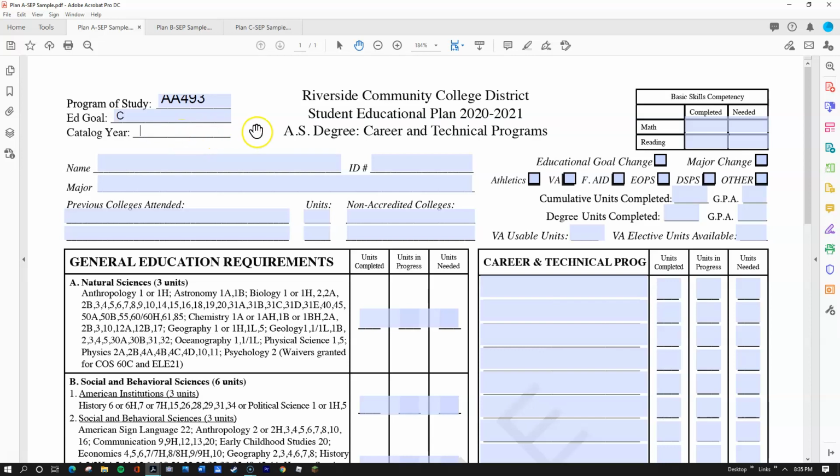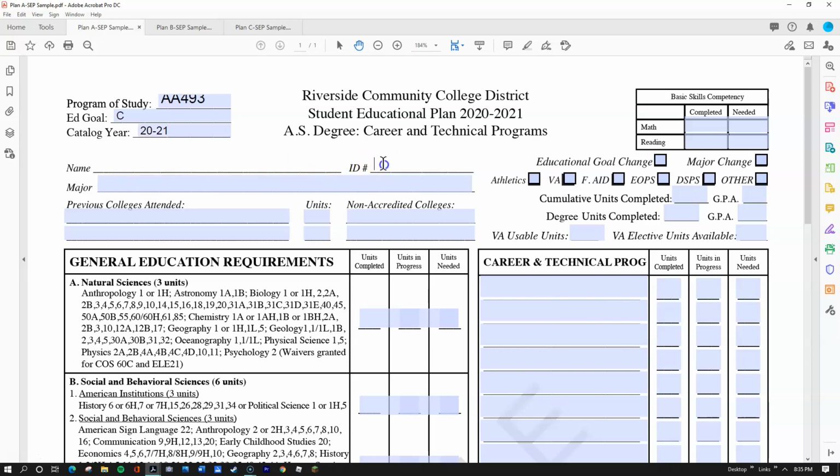And then your catalog year is the year that you started at Riverside City College. So if you started in fall of 2020, it would be the 2021 school year. Your catalog year is the year that you have all of the rights. So whatever the rules were in that catalog will hold true to you, even if those rules change in a year or two. However, if you miss a full year of school, a full academic year of school, 2 main semesters, then you start off with the new catalog year. So it has to be consecutive that you continue to go to community college.